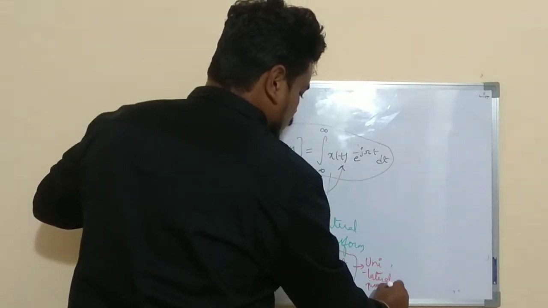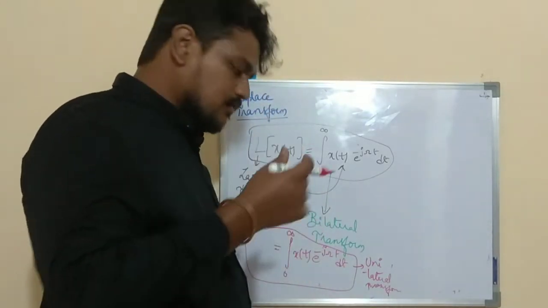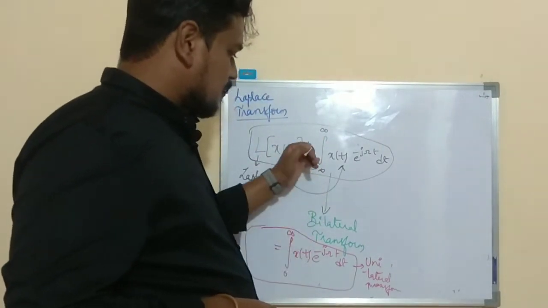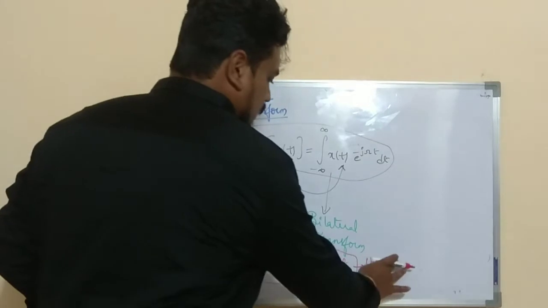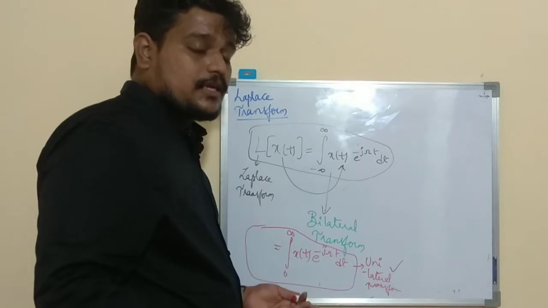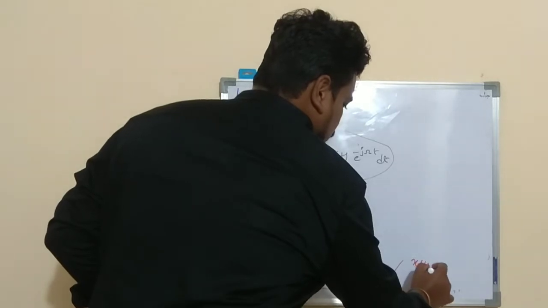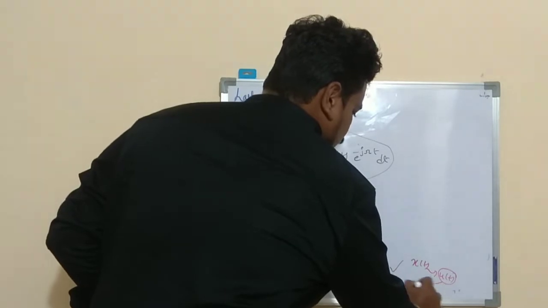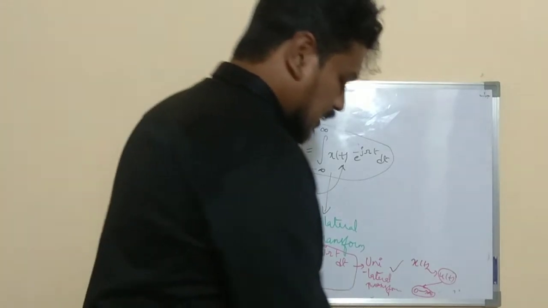For any kind of question, you need to remember this formula for sure, without which you can't do the problems. These formulas, bilateral and unilateral, are very important. From an exam point of view, you will mostly be asked to find this unilateral transform, where x of t is generally given as a combination with the unit step function. If x of t consists of u of t, then the limits will be from 0 to infinity only, by default. You have to keep this in mind.